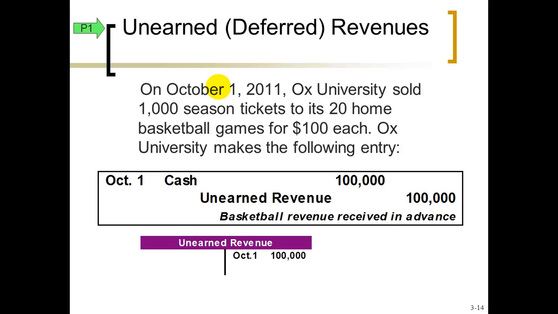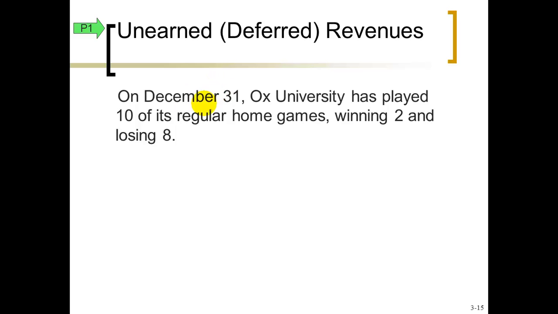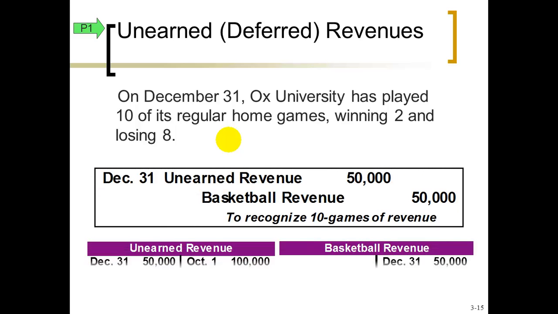Now by the end of the year, before you prepare your financial statement here on December 31st, you have played 10 of the 20 games, so you've earned half of that money that you collected in advance. This winning and losing record doesn't mean anything in terms of accounting. Maybe you should be recording a loss if you have more losses, yeah? But anyway, half of this 100,000 is now earned, and you don't owe a whole 100,000 worth of admission anymore, so you got to